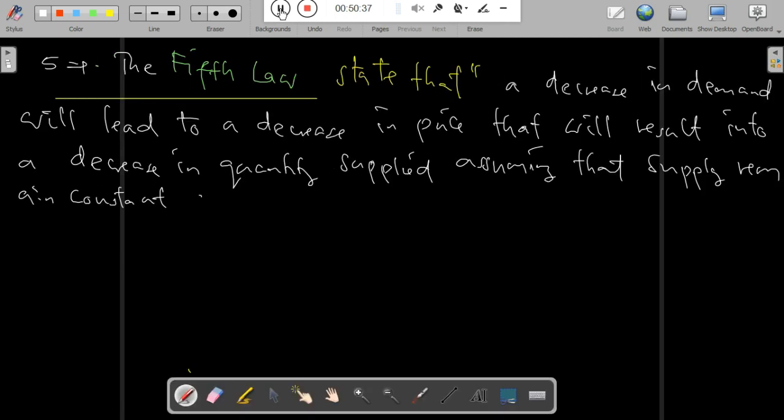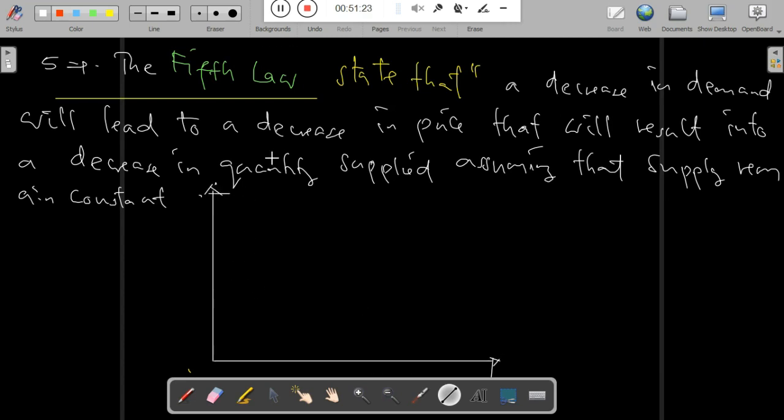So as you can observe now, the graph will be looking in that mode. The fifth law states that a decrease in demand will lead to a decrease in price that will result in a decrease in quantity supplied, assuming that the supply remains constant. Now, if the supply remains constant at the assumptions, this actually tends to explain that when the